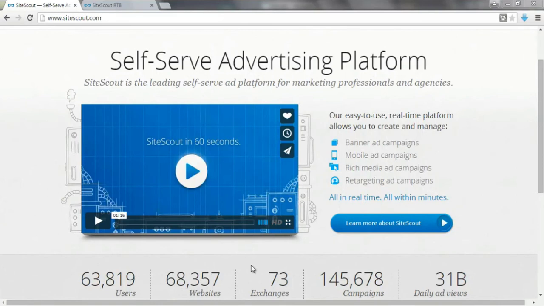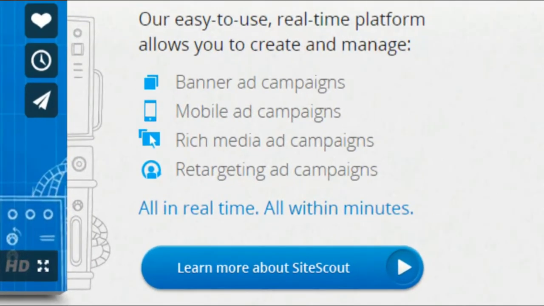We're over here at Sightscare.com, which is one of my favourite self-serve advertising platforms. It enables you to advertise to people on mobile or desktop, and you can select how much you want to pay per impression based on the publisher, retargeting users who visited your website in the past, specific audience characteristics, or even specific content-based websites. So it gives you a lot of different opportunities to advertise to different people, and because it uses real-time bidding, RTB, it enables you to get some very, very good low-cost ads.